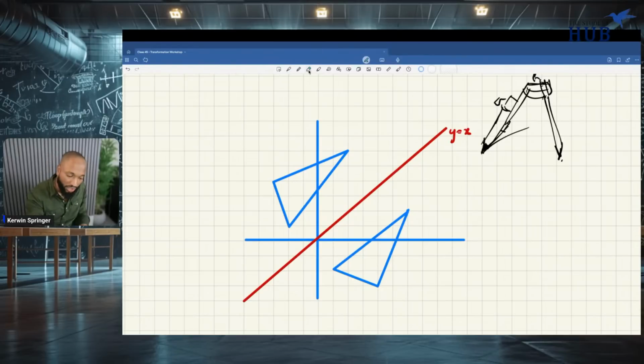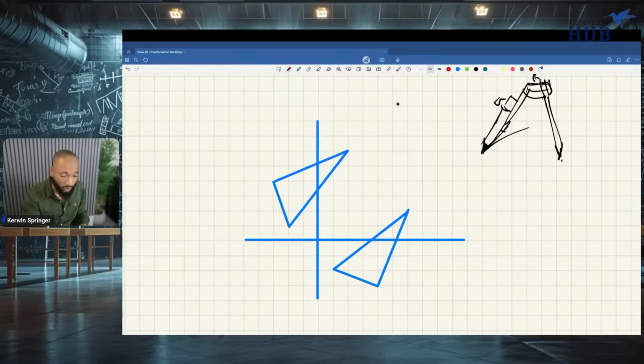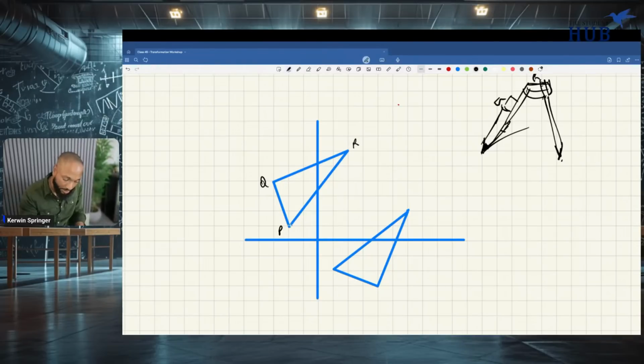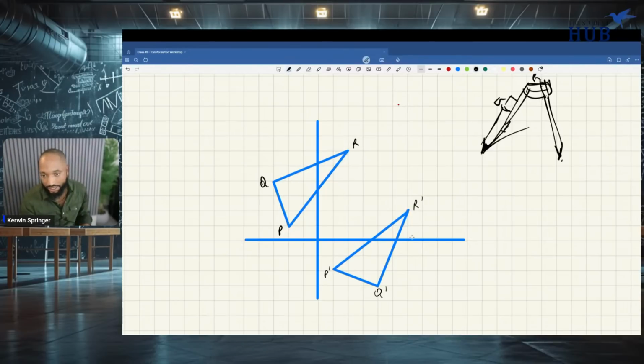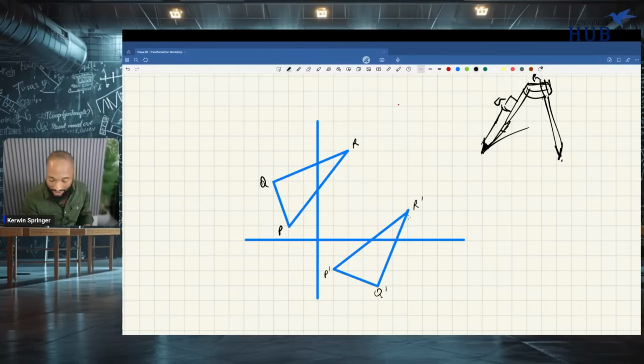But if they ask you to construct this to find the line of reflection, or let's say it wasn't even this y equal x, they just wanted you to construct it. It's very simple how to do it. To do that, all you need to do is connect the respective points. Like if this is PQR, then this would be P prime, Q prime, R prime. You can't just name it willy-nilly, yeah? Blessings, Aaron. You can't just name it willy-nilly. It had to be marked up properly. You see that?